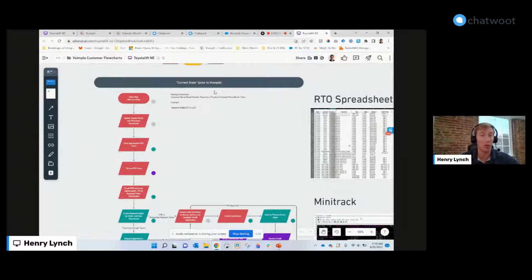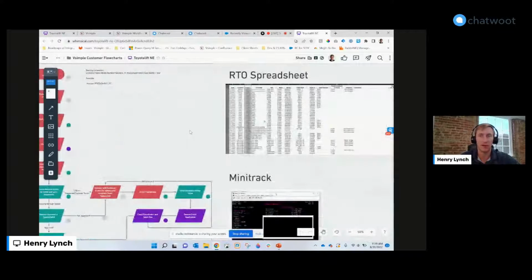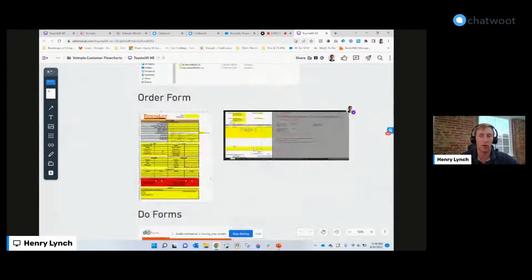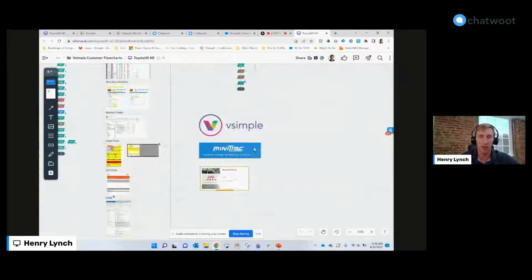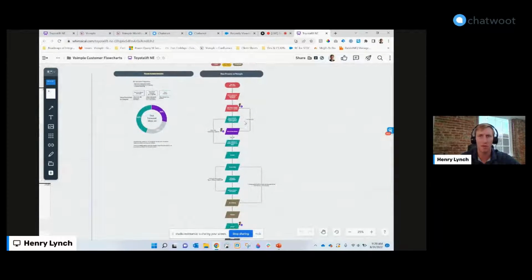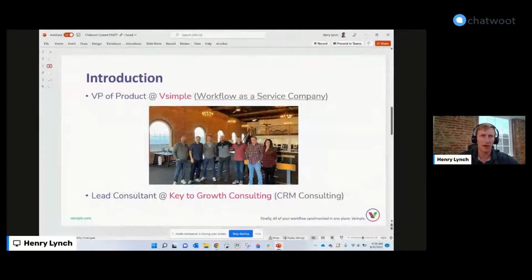We're helping them with their order processing workflow. You can see there's a ton of steps from different spreadsheets and ERP system, checklists, network folders, and some other disparate systems, which we were able to help them consolidate and build into a Vsimple workflow that helps them march those orders through different queues and approval processes and that sort of thing. We've been using Chatwoot for over a year now,